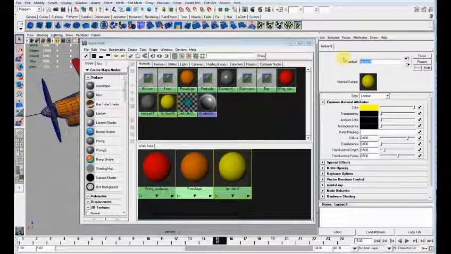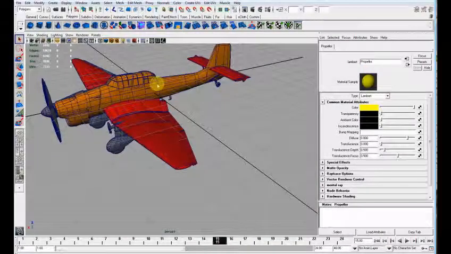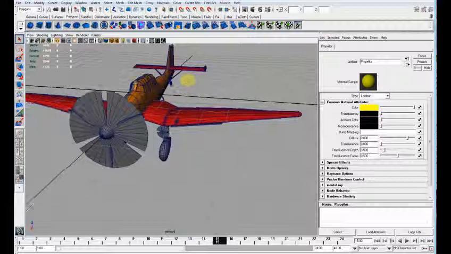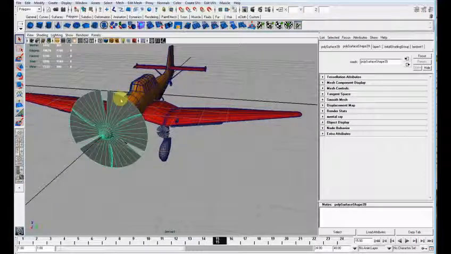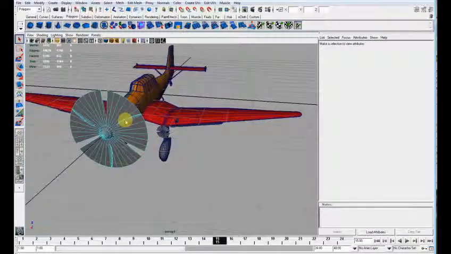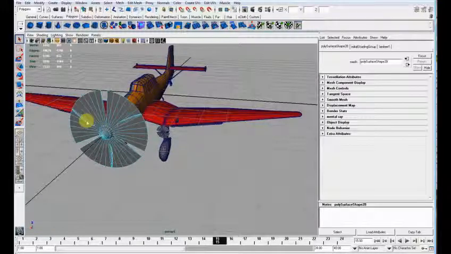Go ahead and rename this to propeller. Now this is going to be a little different because I want the blades but not the fan or the spinner. So what I do